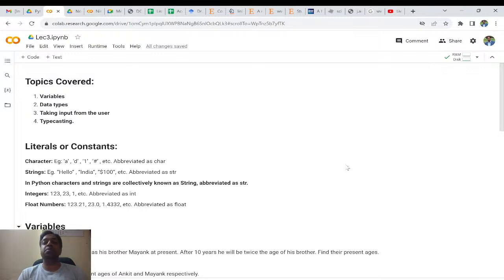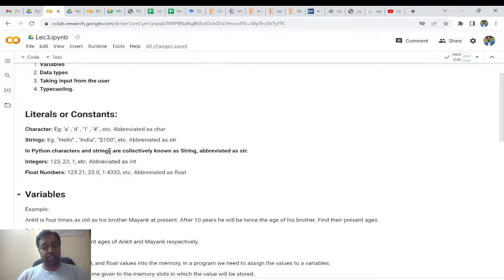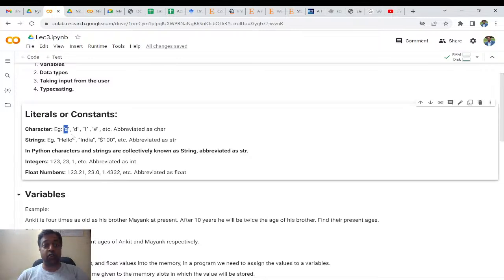Similarly, before starting any programming language, we should understand what type of information we want to represent in it. As I discussed in lecture 1, the type of information that we may need to store in our program can be characters. Characters are denoted by a single alphabet, or a digit,